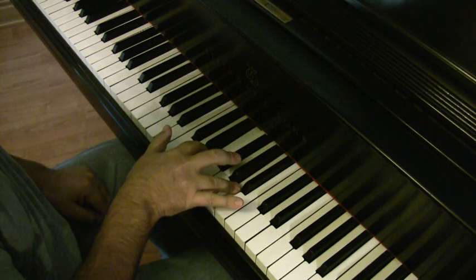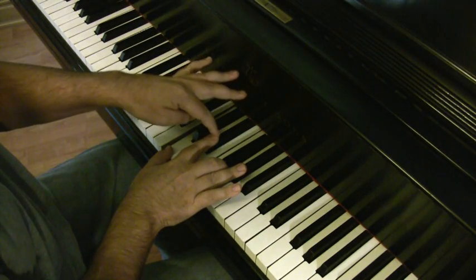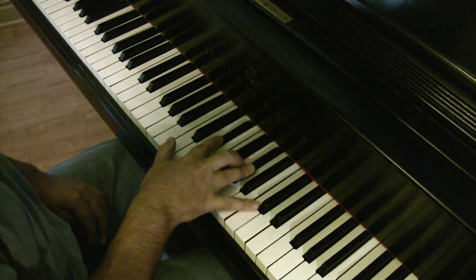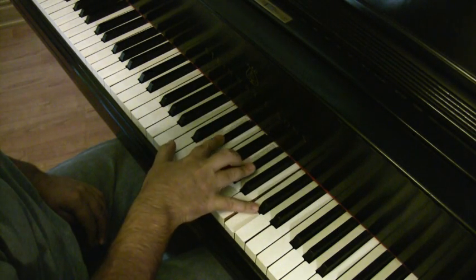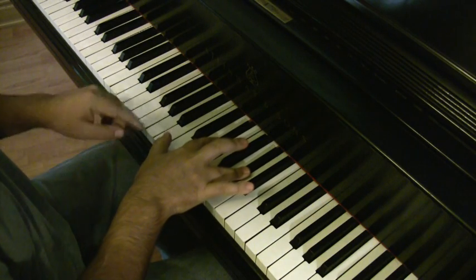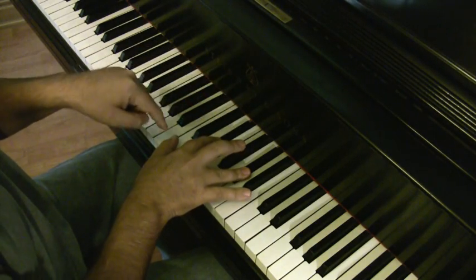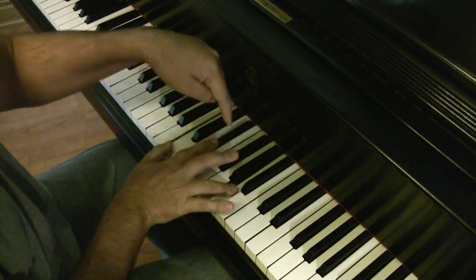Now we're going to go to C minor. The only difference is now we have E flat and A flat. G and C remain the same. In C minor, that requires a little bit more stretching than the other one. Now we're going to go to diminished with C and F sharp, E flat and A,